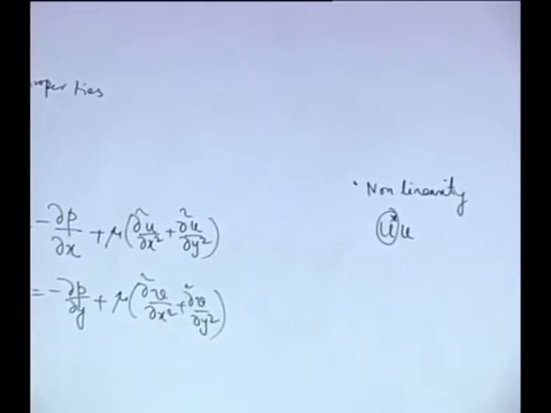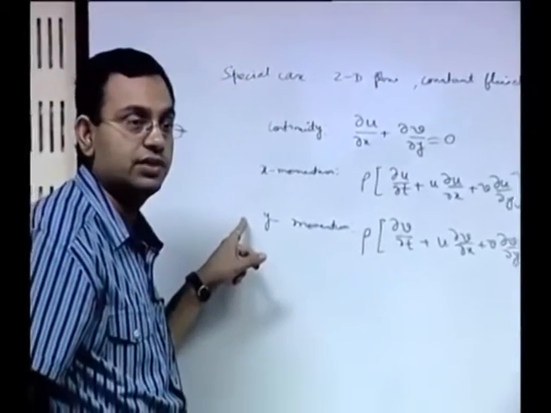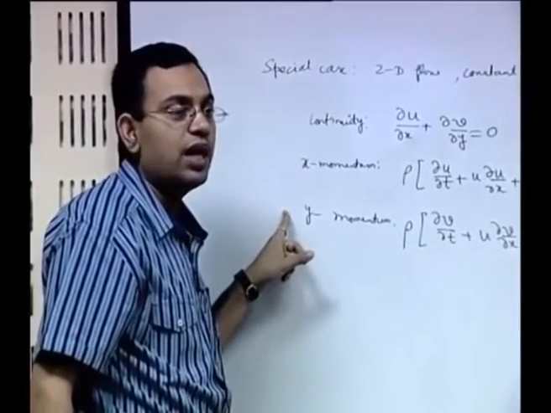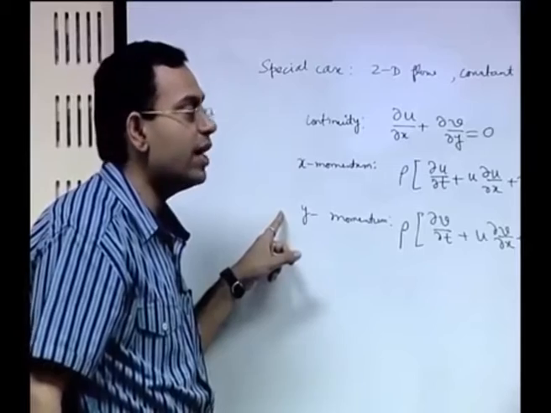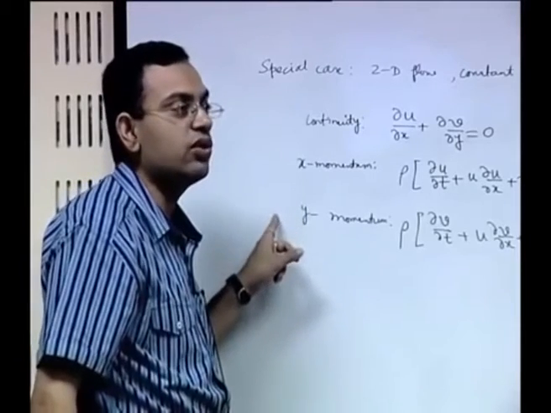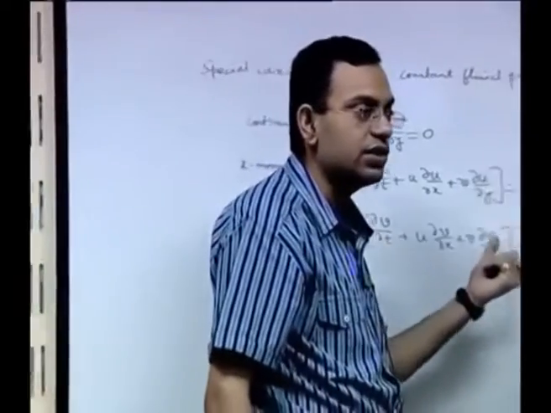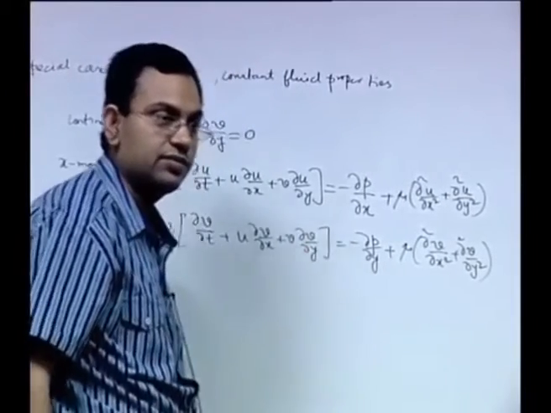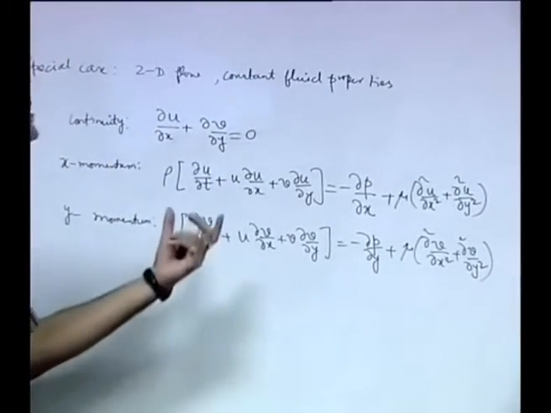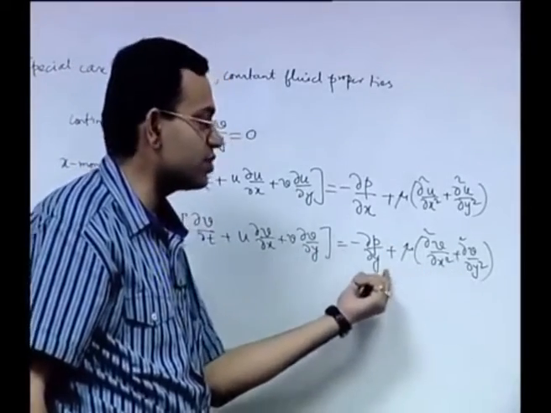But the other issue is a bit more complicated, that see fundamentally the momentum equations are also convection diffusion equations. So the question is, we have already studied how to solve convection diffusion equations, why do we require to study separately how to solve fluid flow equations? Because fluid flow equation is also convection diffusion equation with some source term which is a pressure gradient, negative of the pressure gradient, where this is the advection term and this is the diffusion term and this is like the source term.